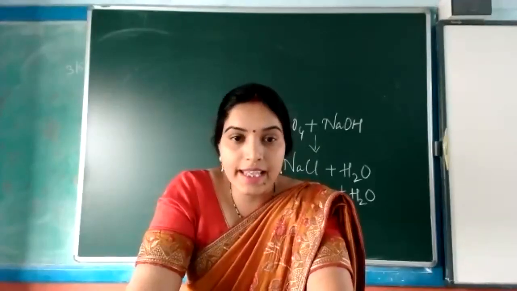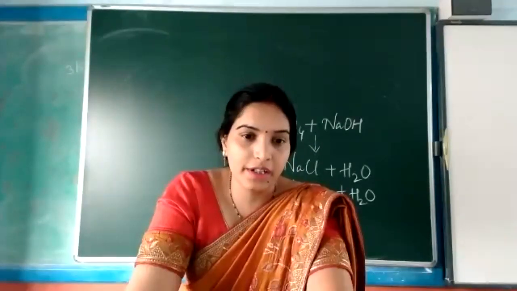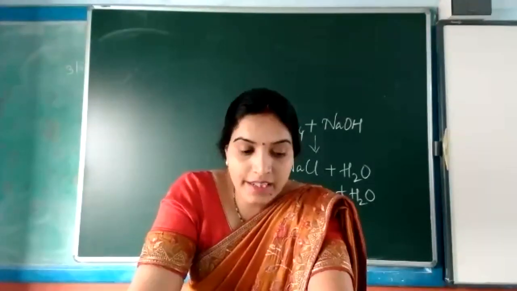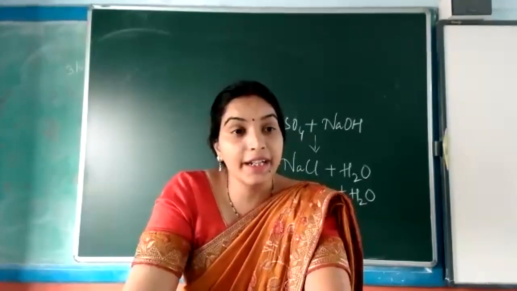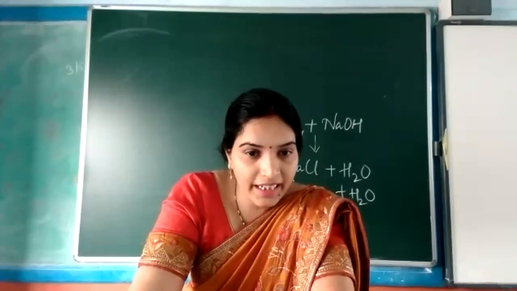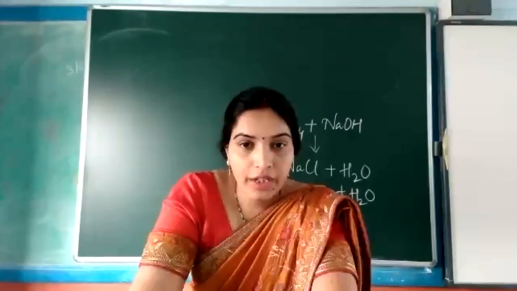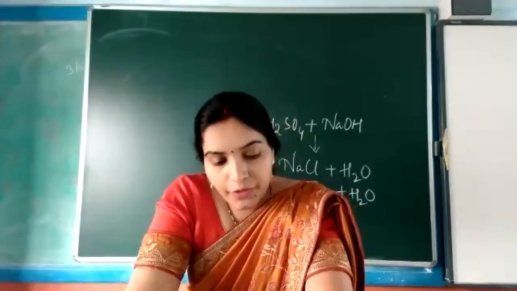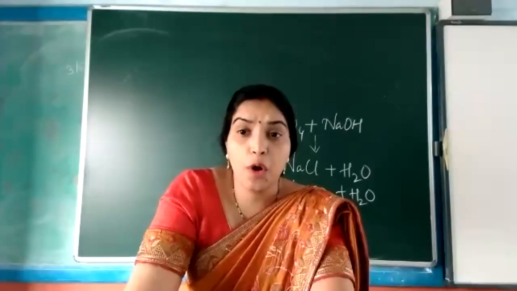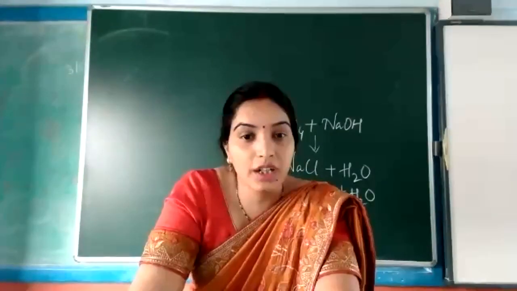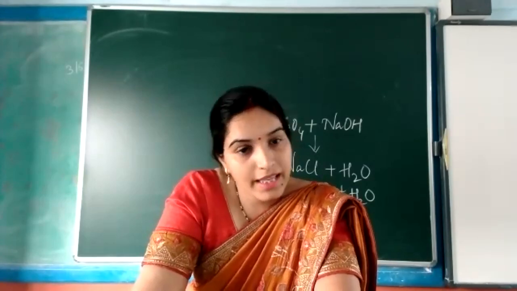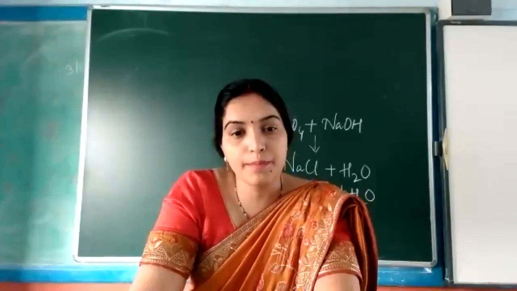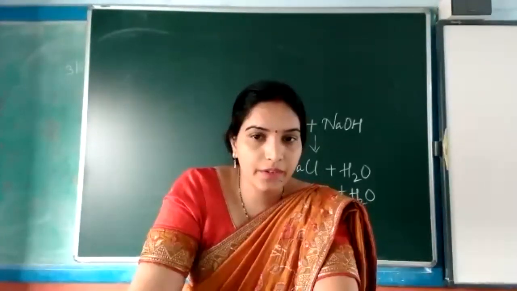The first salt, NaHSO4, is an acidic salt. Why is it so? Because it contains hydrogen in it. The other salt formed is sodium sulfate, Na2SO4. It does not contain any hydrogen ion, so Na2SO4 is a normal salt. Clear? And wherever replacement takes place, there is always a byproduct, that is the water molecule. As I told you earlier, when a neutralization reaction takes place, the byproduct is always water only. Clear to everyone?